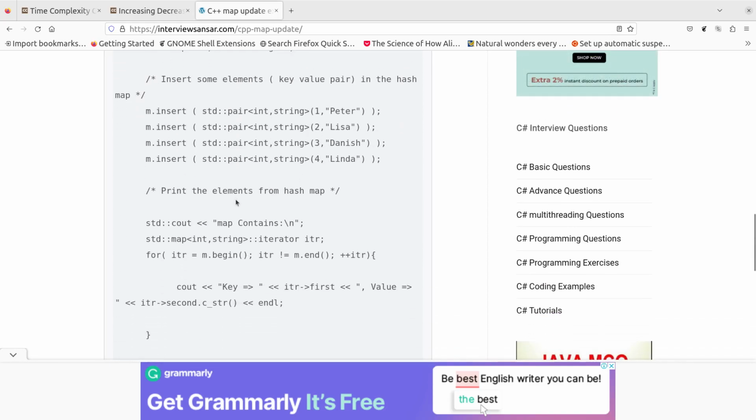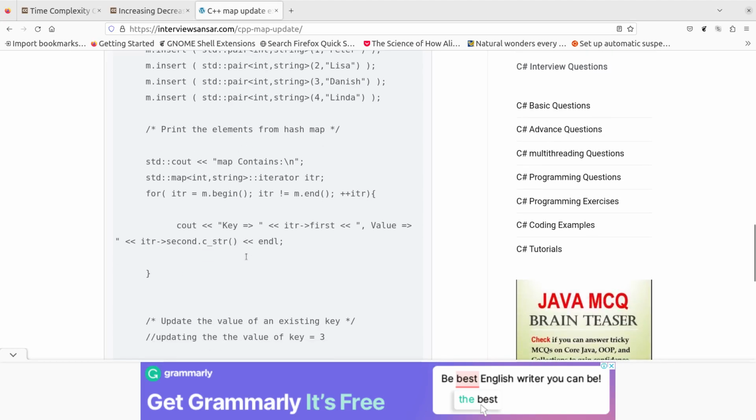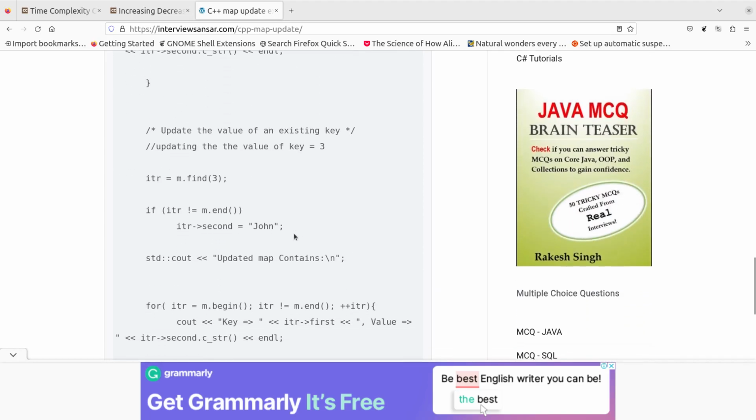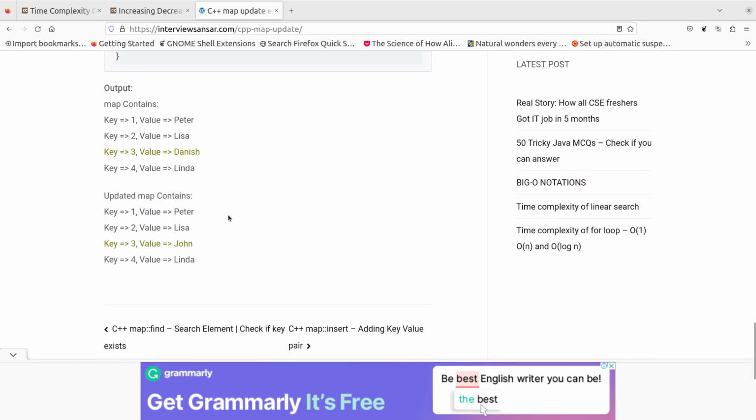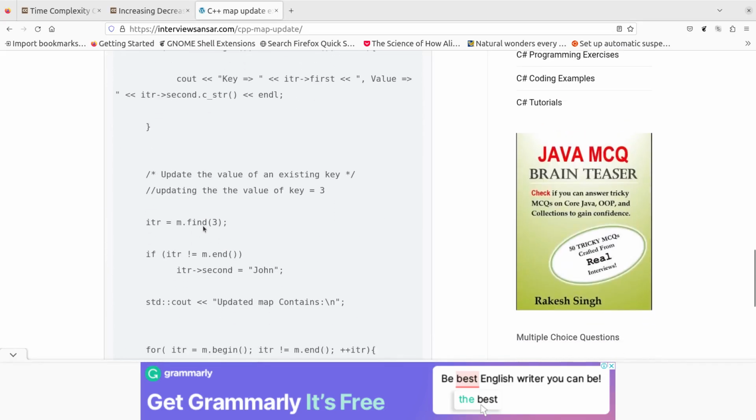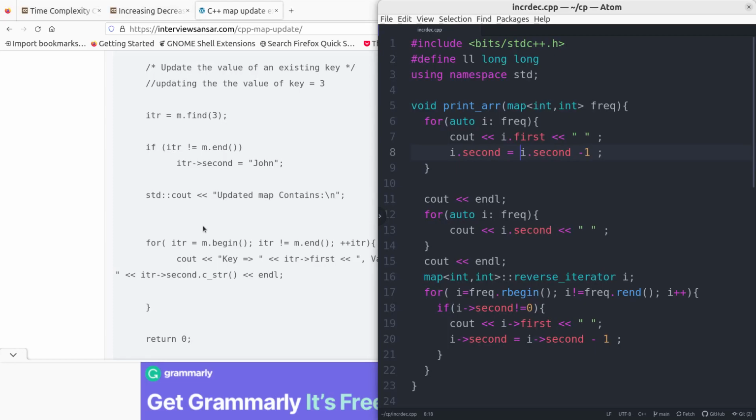They are inserting a few values and printing elements from the hash map. Elements content they are printing, I guess. Updating the values of an existing key: m.find, if data is not equal to m.end, then it of John equal second equal to John. Now in this way the values have been updated, but I need